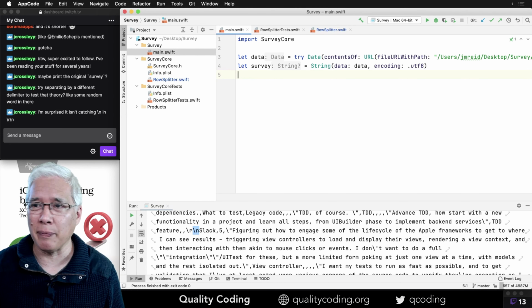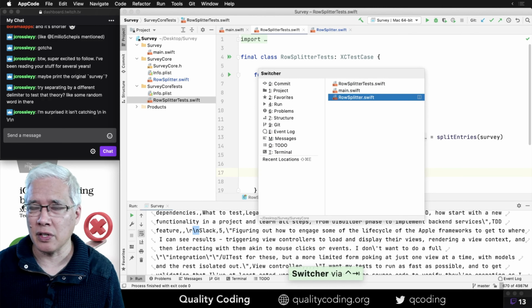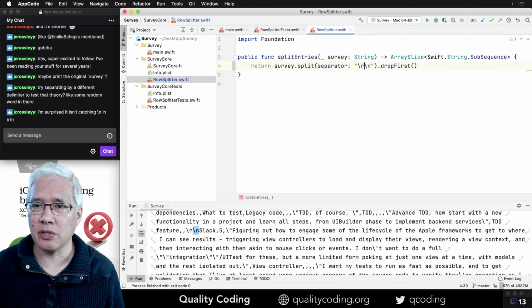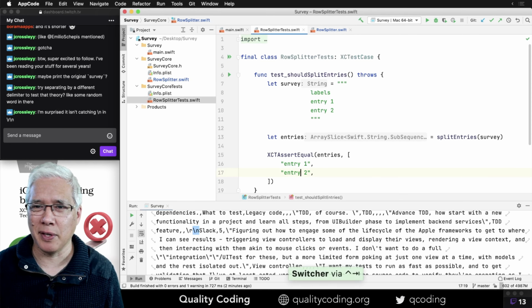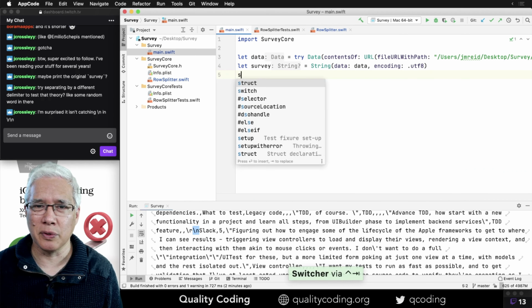Let's try an experiment. All right, as Jay Crossley suggests, let's try separating by learn.